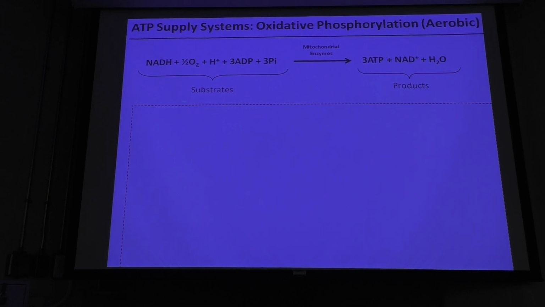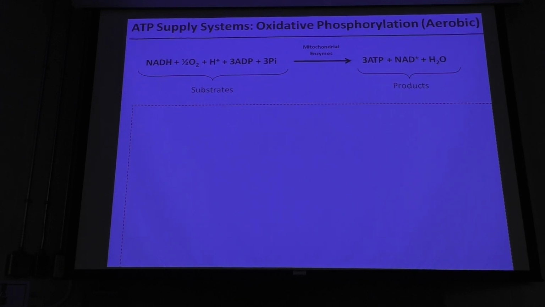So we have the substrates of oxidative phosphorylation, which in the presence of mitochondrial enzymes, regardless of the amount of enzymes or the activity of those enzymes regardless of their concentration, we kind of have this boosting effect, right? The enzymes catalyze reactions to make them move more quickly. So for any given amount of substrate, we can move through this oxidative phosphorylation mass balance equation if we have more active or more enzymes. And then, of course, in terms of the products, we generate ATP and water and NAD as a byproduct of